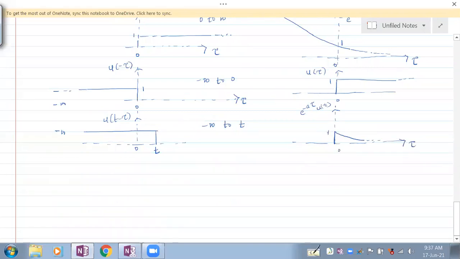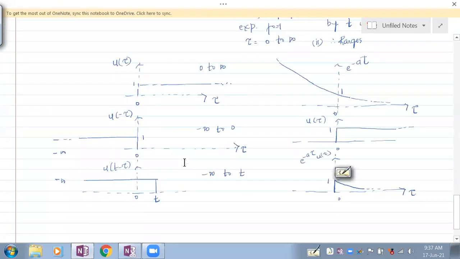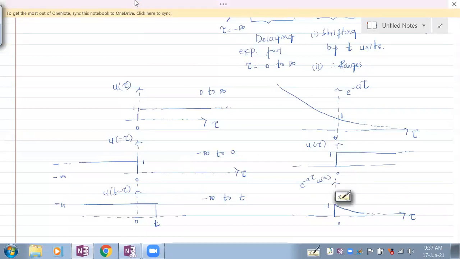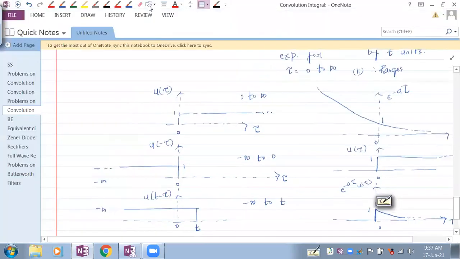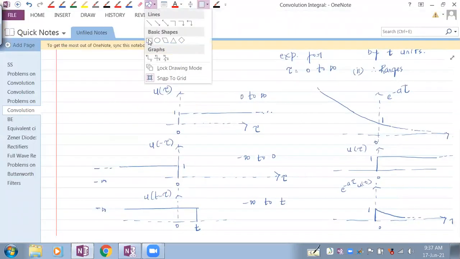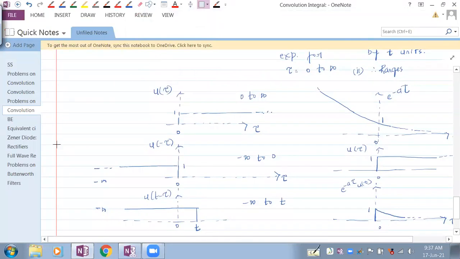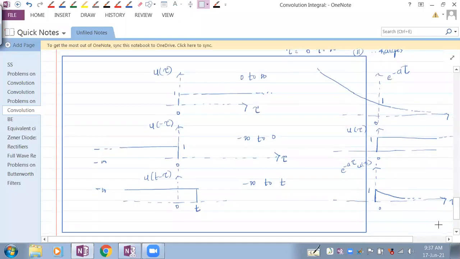Understand this point, everybody? So these two signals are what you need to be dealing with. But this is a moving signal and this is a stationary signal. Why is this a moving signal? Both t and tau are there, but here only tau is there. So this is stationary and this is moving. Everybody understand this now? You need not do this every time, mind you. If you do this every time, it will consume a lot of time, and you should not let the time go for sketching all these signals which you have already seen so many times. What is there in the box is just for your reference, mind you.